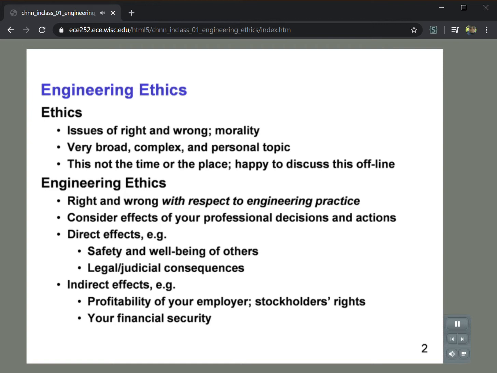And there can also be indirect effects. For example, doing the ethical thing may sometimes affect the profitability of your employer. It may affect stockholders in terms of the kinds of returns they're expecting on their investments, and it might even affect your financial security. So engineering ethics is a very important area that traditionally has not really been treated very